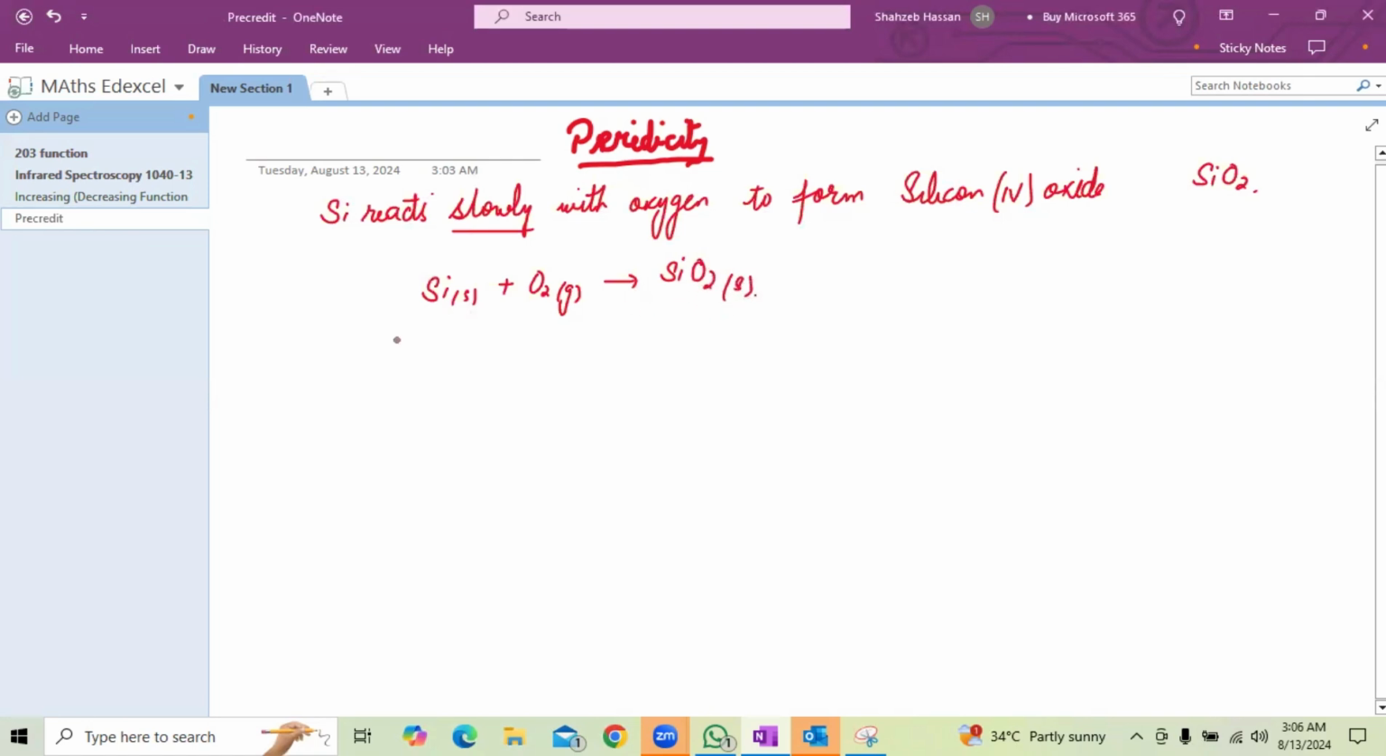Okay. So what are the observations? Let's discuss the observations. The first observation is that a white solid is formed. And the second thing that we have observed is that it is a slow reaction. Is that clear? Yes, Sultan. Is that clear? Okay. So now let's move further towards the reaction